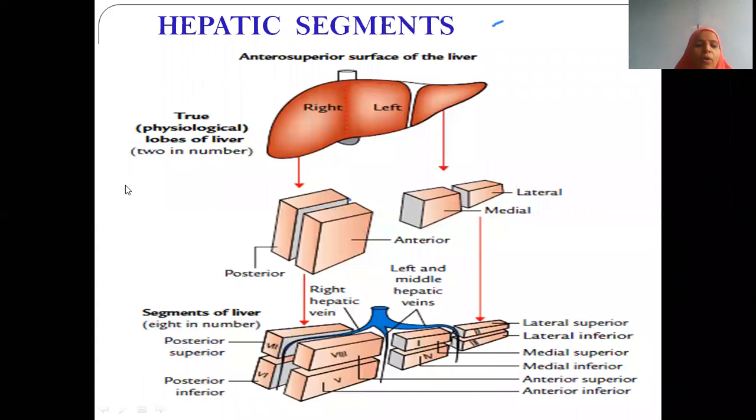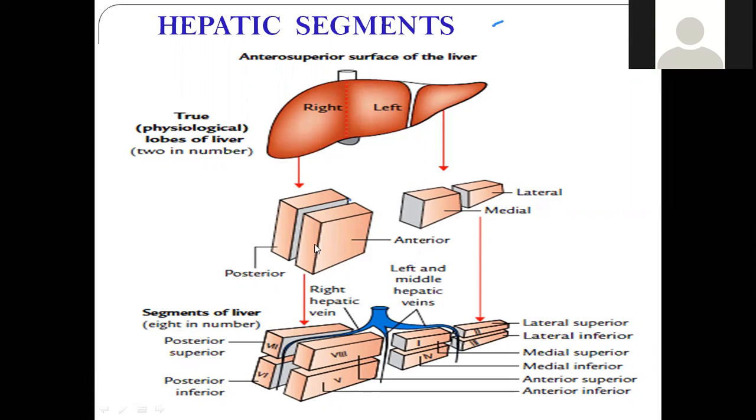Now coming to the anatomical way of classification, we have around 10 hepatic segments. What are those 10 segments? We have already divided the liver with one plane running from the inferior vena cava to the gallbladder, into right lobe and left lobe. The right lobe is divided into anterior part and posterior part. We have to get 10 segments, so keep counting. Right has anterior and posterior.